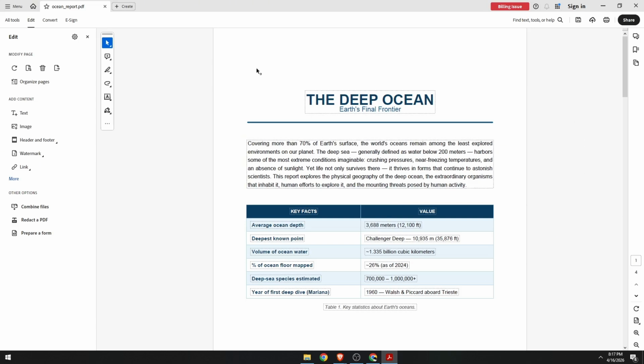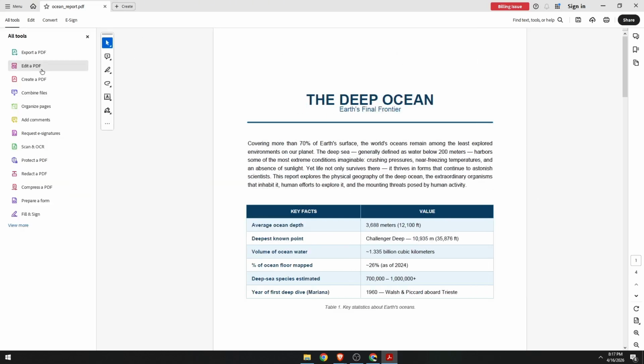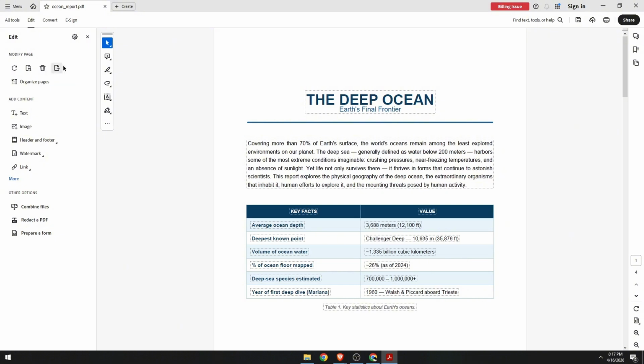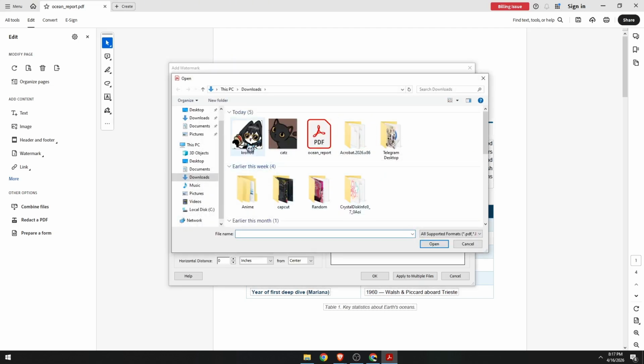First, open up the application, select your PDF. Once you're here, make sure to click on the Edit PDF right over here. Then you will see an option, Watermark. Click on it, choose Add and go to file so we can select our image, click browse, then just choose